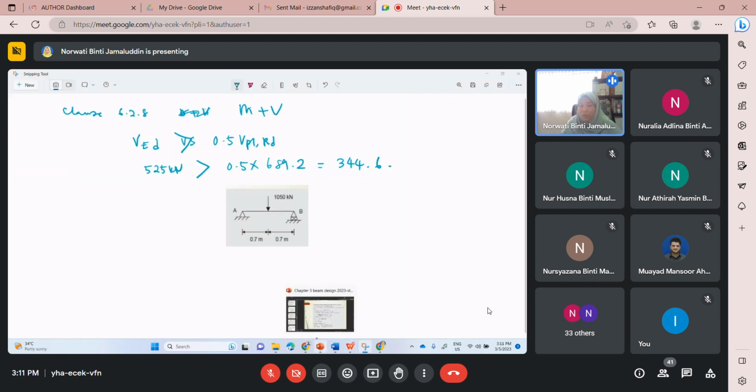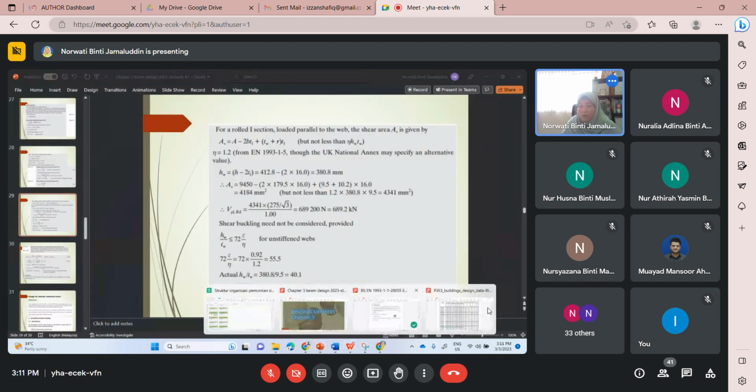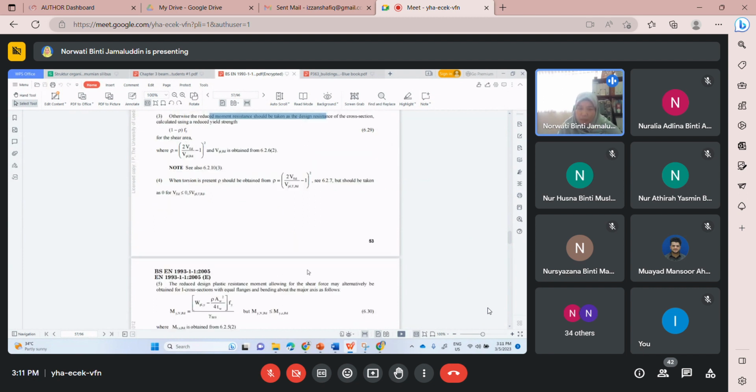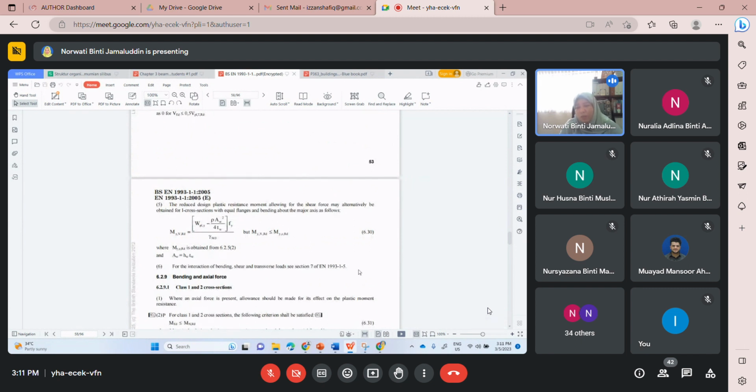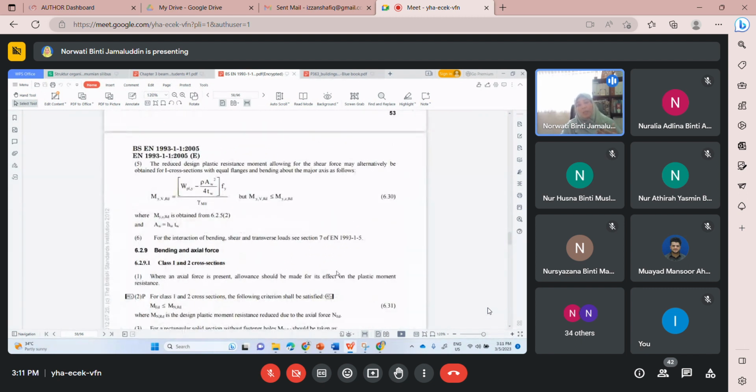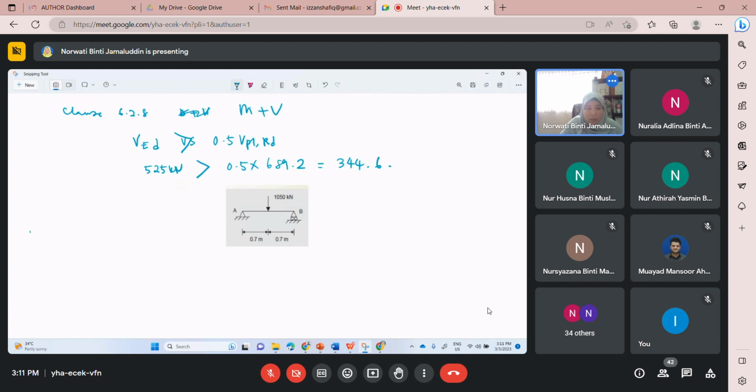Otherwise, if it is less, it would be fine, but since it is bigger, we need to reduce the moment resistance. In this case, I will use the alternative method because I'm using an I section with equal flanges and bending about the major axis, which is the y axis. So I will calculate